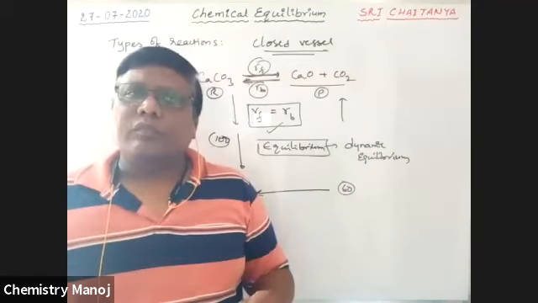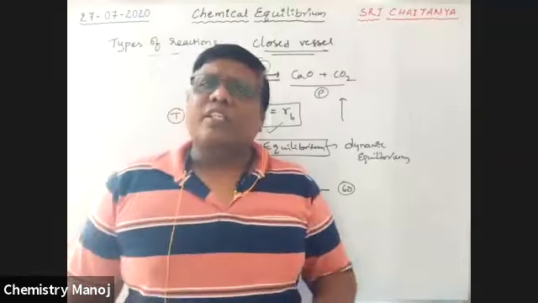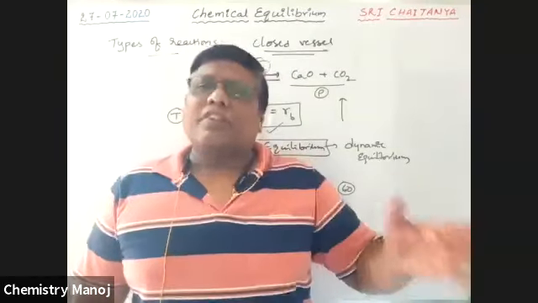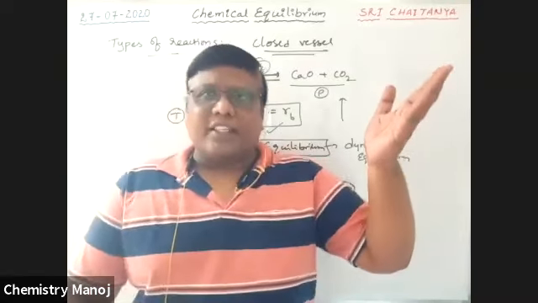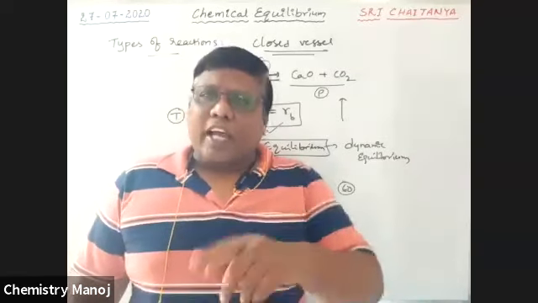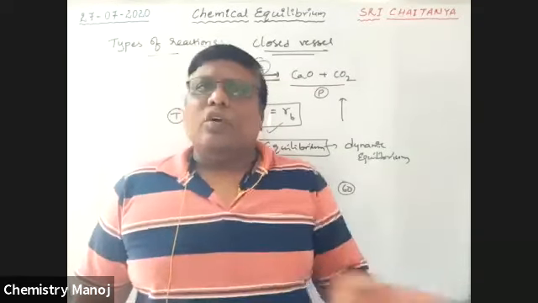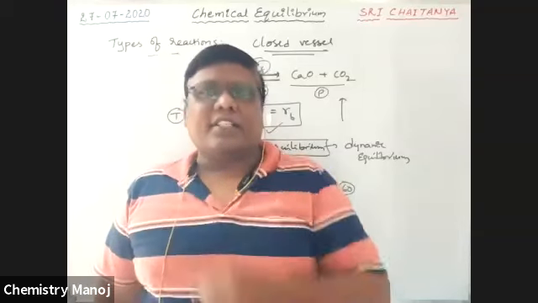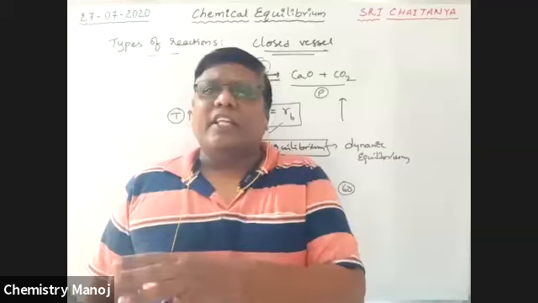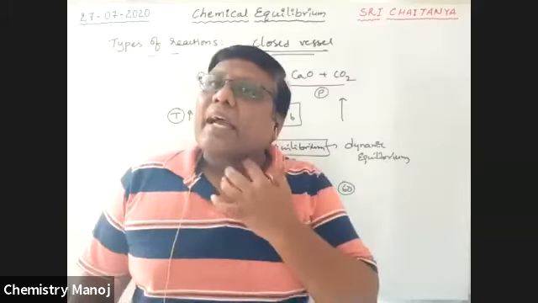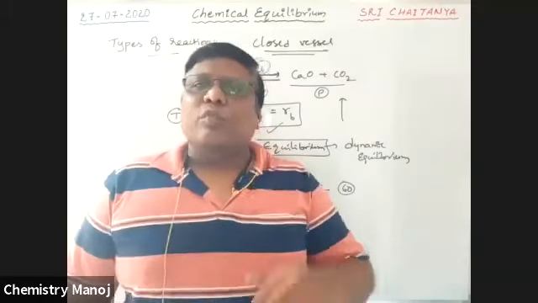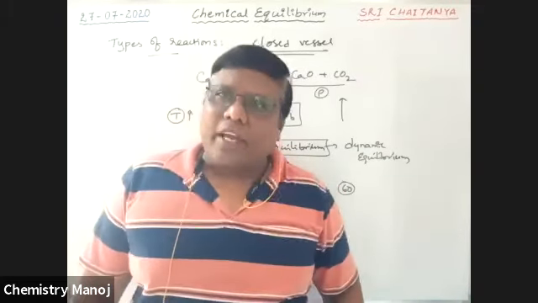Now, what is a reversible reaction? Here, reactants first of all convert into products. After some time, products are increased and reactants are decreased. At that situation, the backward reaction starts. At one time, the forward reaction and backward reaction rates are the same. Both the forward reaction and the backward reaction are there. That type of chemical reaction is called a reversible reaction. A reversible reaction is a chemical reaction in which both forward reaction and backward reaction take place.